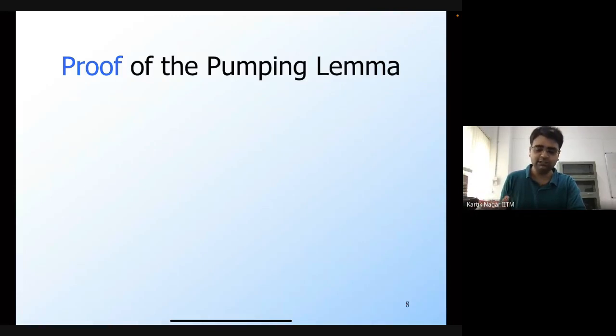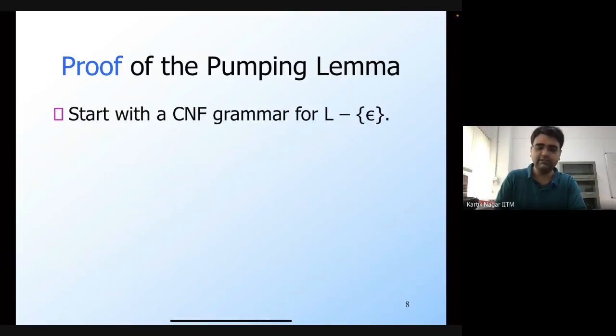In the case of the pumping lemma for CFL, we will do something similar, but we are going to use the grammar for this language. If the language is a CFL, then there exists a context-free grammar. In particular, there exists a context-free grammar in the Chomsky normal form. Since there exists a grammar in Chomsky normal form, if you take a string, it will have a derivation in that grammar. In the derivation, some non-terminals are going to be repeated, and we will use this fact in order to prove the pumping lemma. So let's get started.